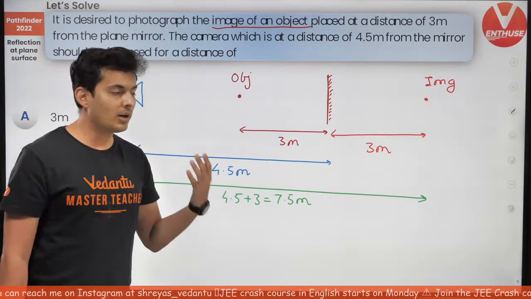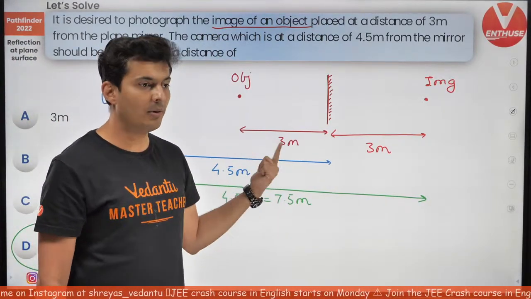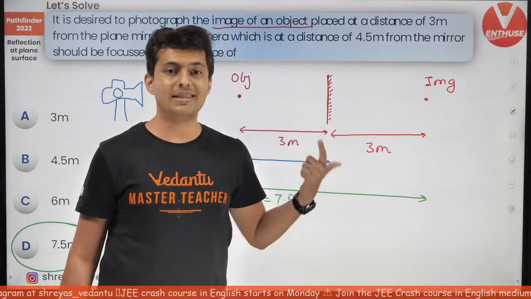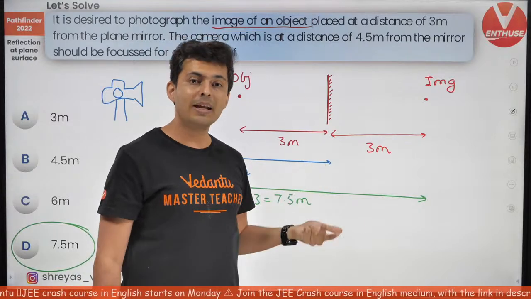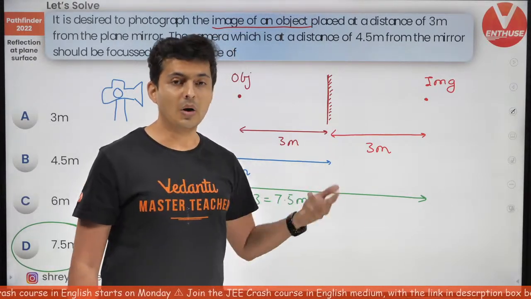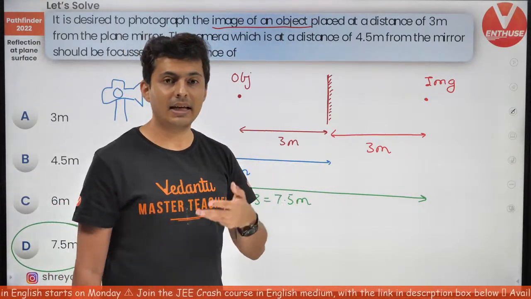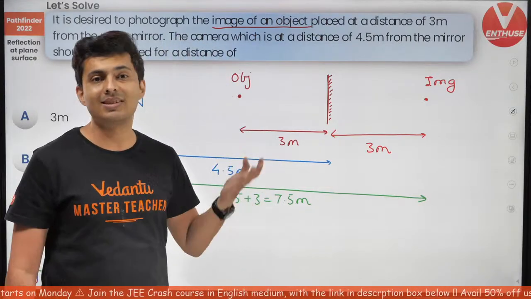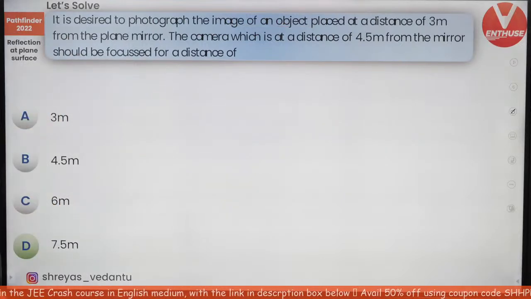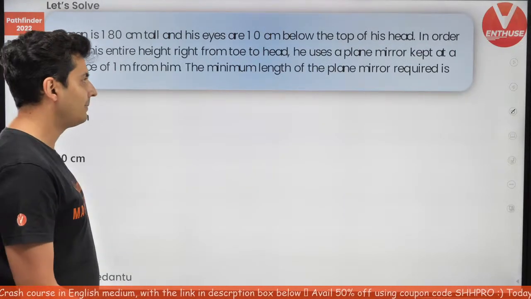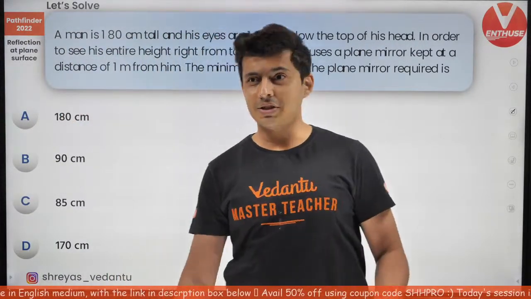Surendra, HCV, if you are not able to solve, number 1, watch my classes. Number 2, watch my micro course on HCV solving short answers. Number 3, see my numerical problem solving micro course. Also, try from basic, then try to read the theory, make your notes, then you will definitely be able to solve HCV. Alright, so let's get moving to the next one. Yes, the correct answer is 7.5 meters. Moving to the next question.